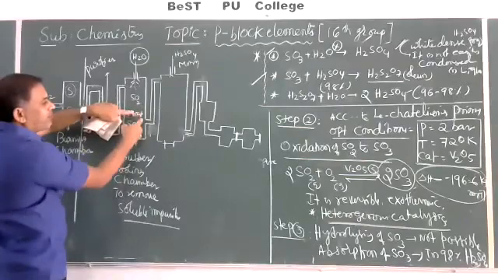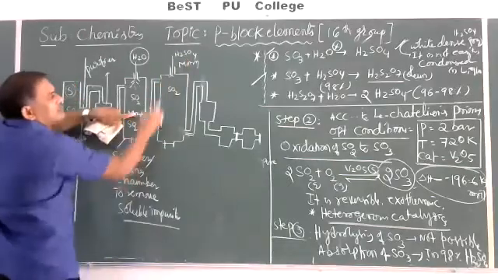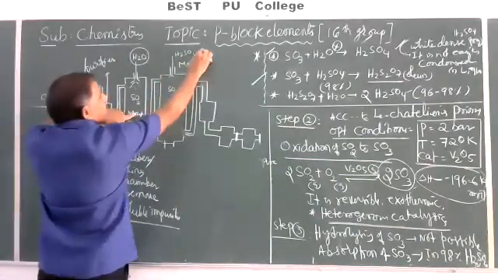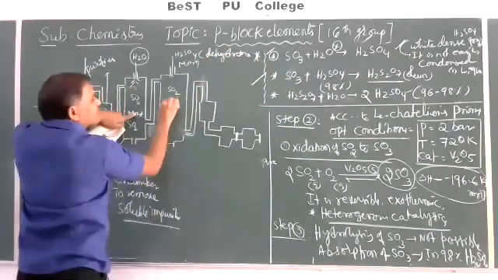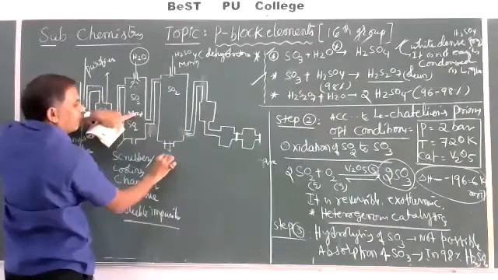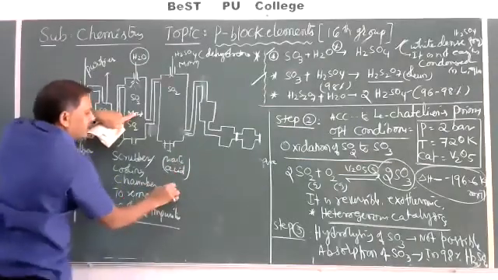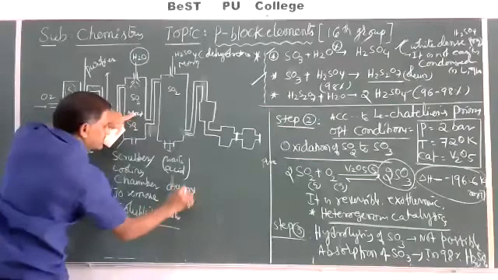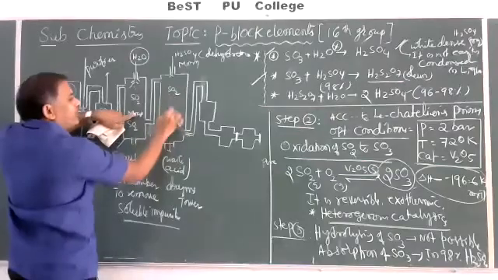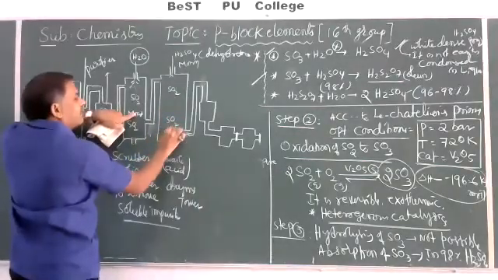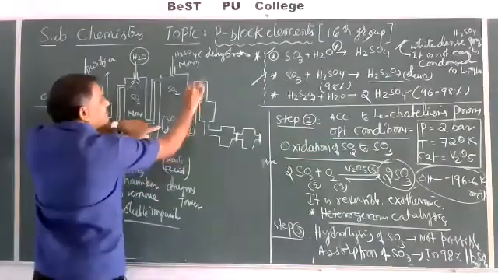Then the moisturized sulfur dioxide is passed through sulfuric acid. The sulfuric acid acts as a dehydrating agent. Now it removes the water. Now waste diluted acid comes out. It is called a drying tower. We can dry the moisturized sulfur dioxide here. We'll get dry sulfur dioxide. The obtained dry sulfur dioxide gas is passed through another tower.